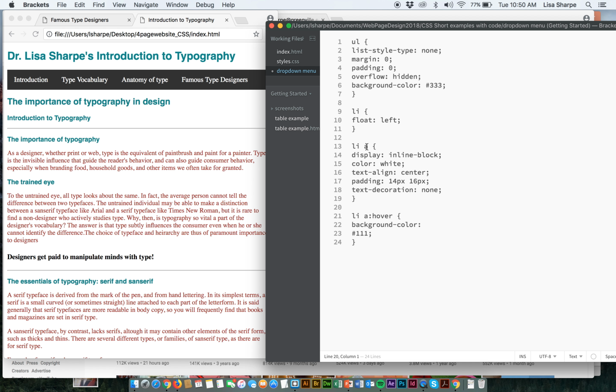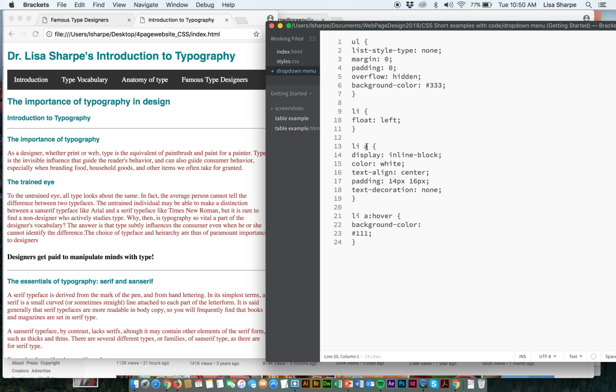And here's something that is crucial: overflow. Okay, so what if the text is too big for the box? You have to decide what to do with it then. So there's a lot of ways to handle overflow. You can have it hidden. You can have it be outside the box, which is not good, or you can have it scroll. So we're saying all overflow will be hidden, it will be invisible. And background color, pretty easy to understand. We have a hashtag of 333, which is black, and we could of course make that any color that you like. Okay, so the unordered list itself,